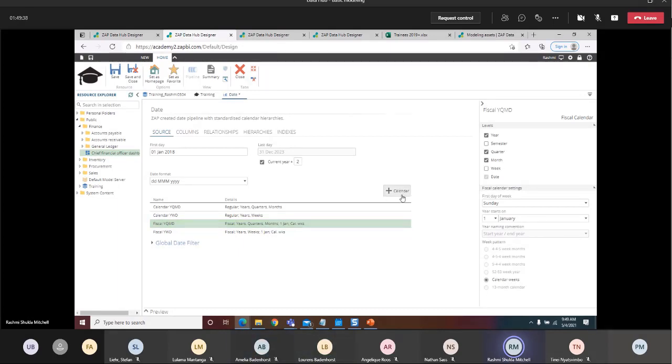In that case, what you would do is just add one more calendar and you would call that financial YQMD or whatever, and then you can set it up accordingly. So, if your March is the fourth period, whenever it starts and however it ends. Now, if that starting and ending is something very custom, like say, the period starts on the day after the last Saturday of April or something like that,